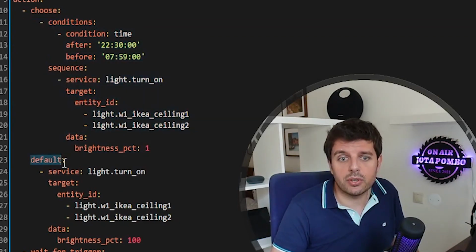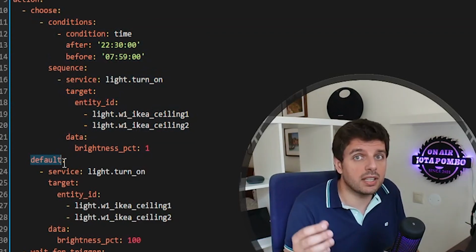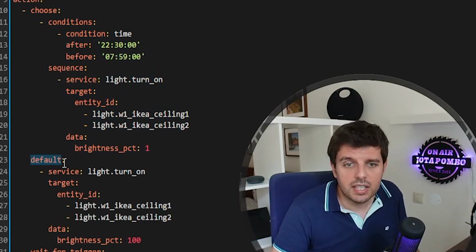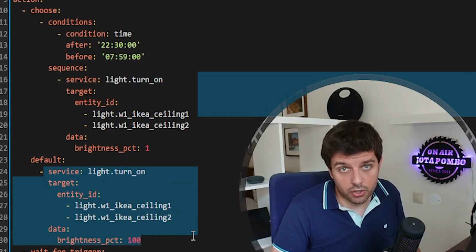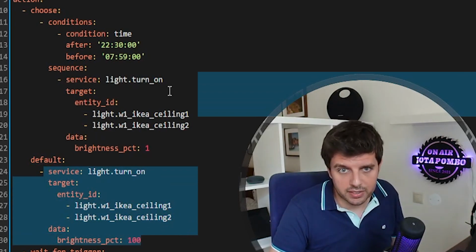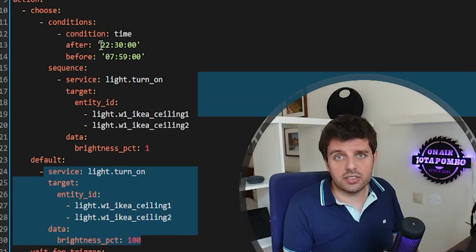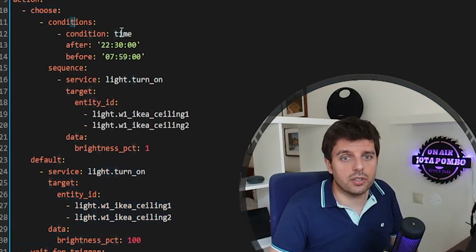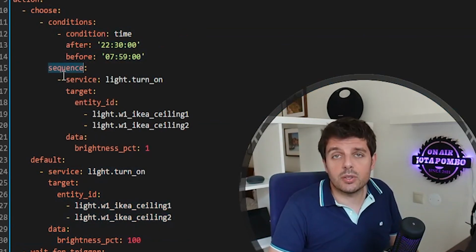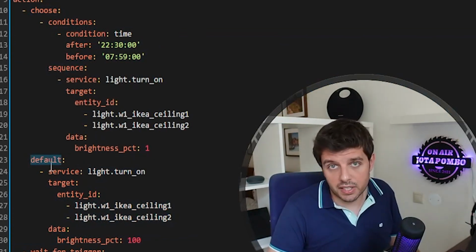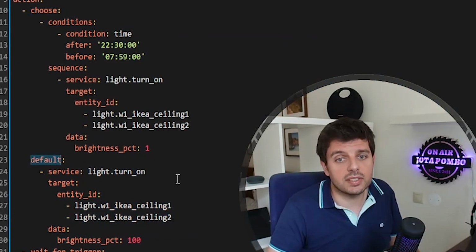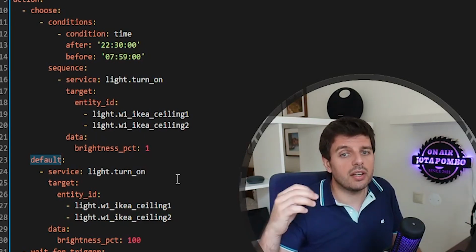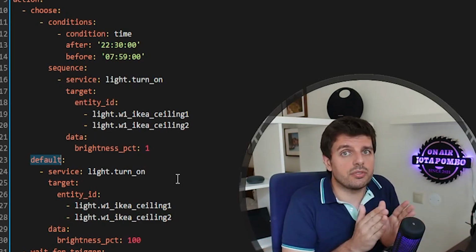If not, it will go to the default, so default being like the else statement, and I'm turning them on with 100% of brightness. In the if-then-else, I can just replace everything that I have here. So the choose is the if, the condition is the same, the sequence is the then, and the default is the else. But if I want, for instance, a more complex example, to have different brightness on different periods of